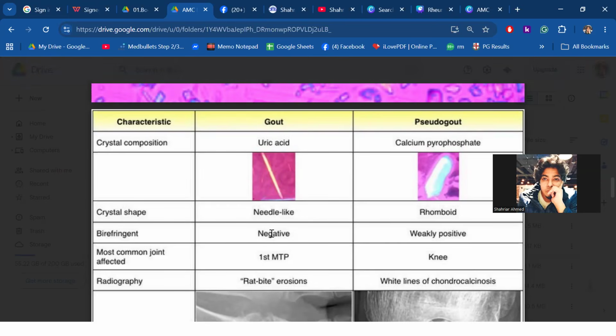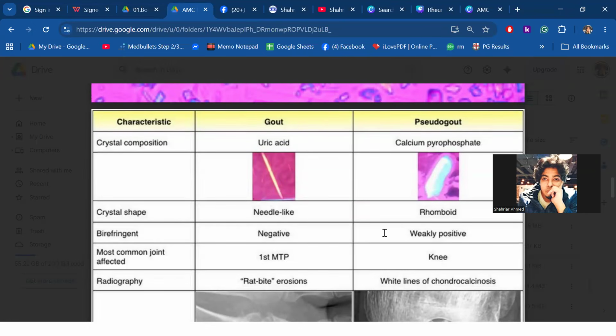I'll tell you a similar scenario in case of pseudogout. Now, a 52-year-old person, known case of osteoarthritis. Now the female develops pain in the right knee joint, already having osteoarthritis. Okay. And when you do the PLM test, positive birefringence, your diagnosis, please. Your diagnosis would be, yes, pseudogout. Is it clear, guys, how questions will be coming in the exam?